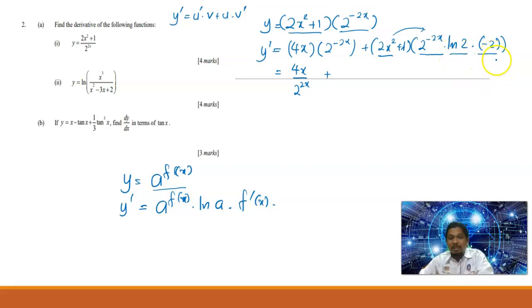We cannot simply multiply this negative 2 with the 2 from the natural log here. No. Or this negative 2 multiplied with this 2 here. No. So guys, girls, what we can do here now is just let it be like this until the end of the solution. So now, 2x squared,